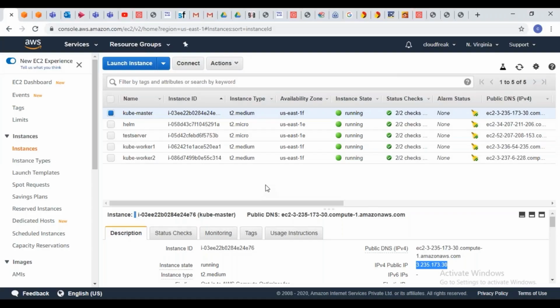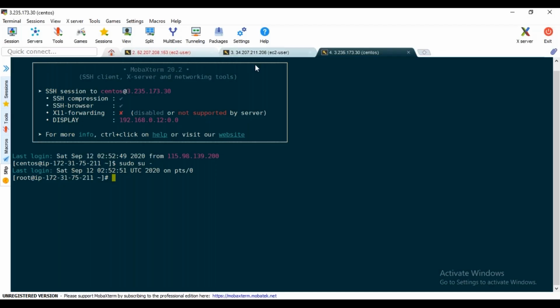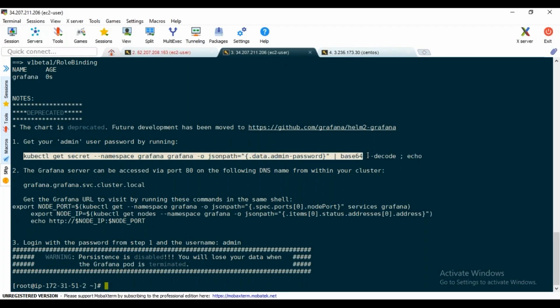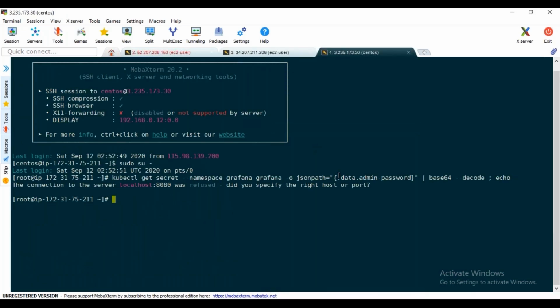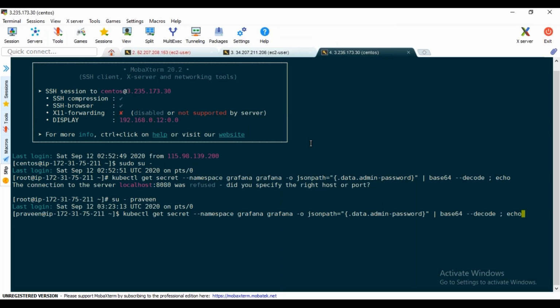Okay, so let me copy this. Okay, I should use the Pavin user account because this user doesn't have access. Okay, so if you see what password was assigned. If you don't assign any password here, it will give some default password. Okay, so now